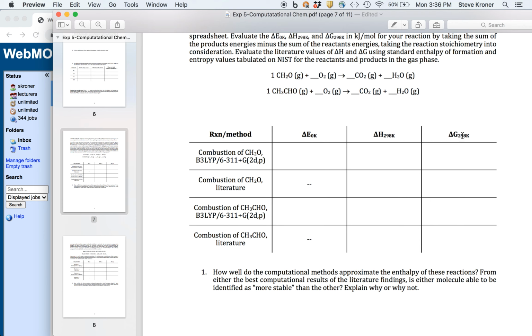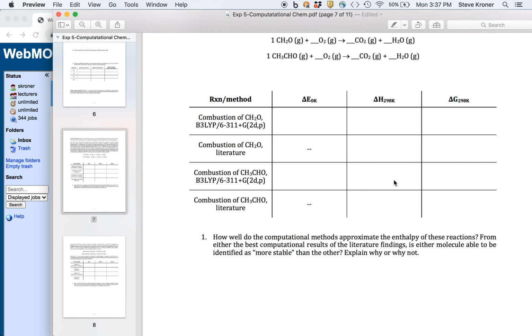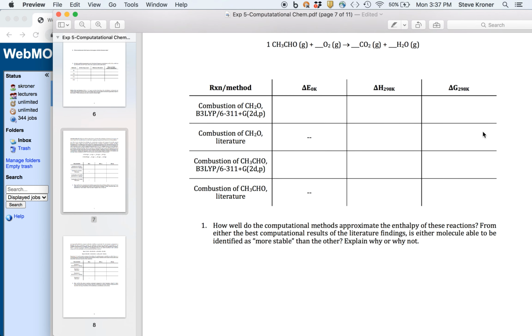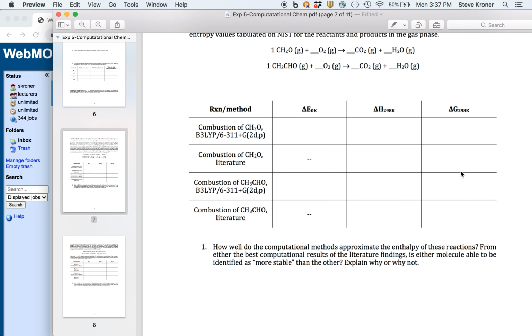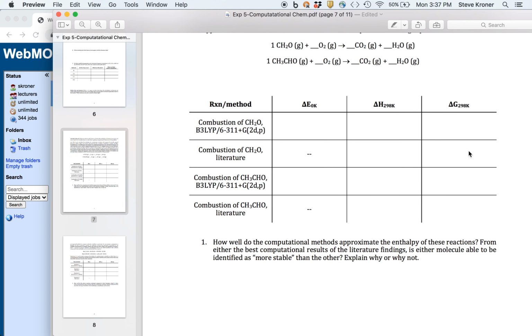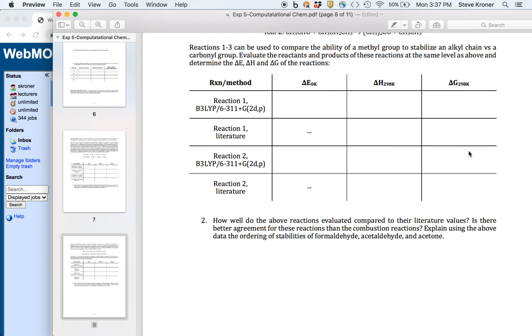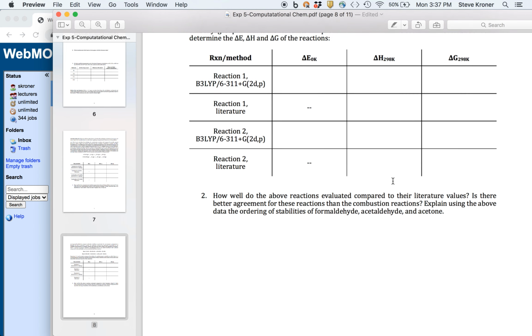Usually you've got to get your entropy data for these molecules out of a Gen Chem textbook. So if you have a Gen Chem textbook handy, look up the entropy data you need to determine literature delta G's, and if you can't find that data, just cross it out or say couldn't find. It's a little bit hard to find. You may have to go to the CRC. You can get to it through our library link. Maybe we can talk about that later if we need to. That might be another place to find some of the entropy data, but it's always been somewhat tricky to find without having to search under every rock in the world. But